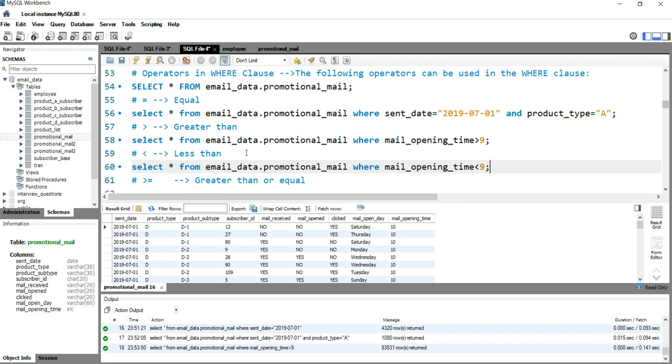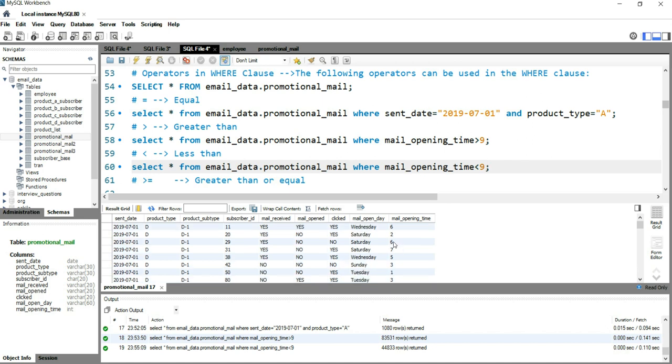Remember when we ran the earlier query we got 83,531 records, so all those mails opened after 9 a.m. is 83,531. Let's check less than 9 a.m. I ran this query and I got 44,833 records, which states that this many times emails have been opened before 9 a.m.